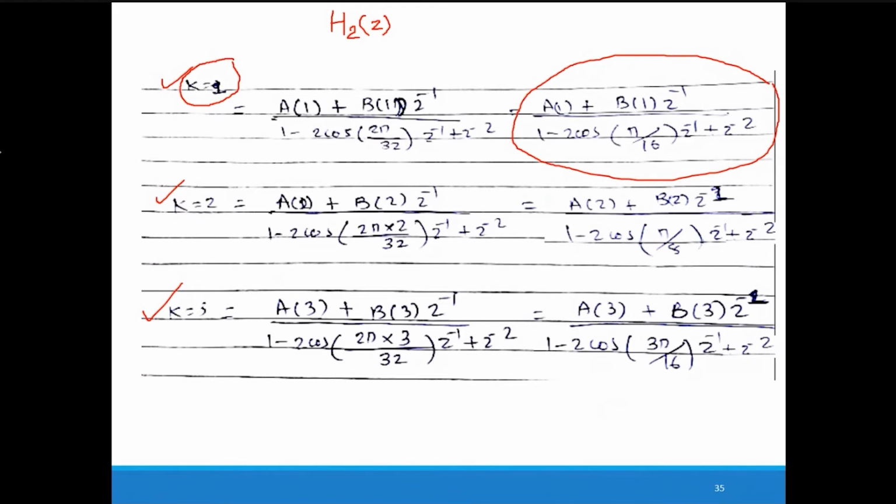So here we are doing the cascading of H1(z), which we already calculated, and this H2(z). H2(z) is nothing but this particular parallel filter bank. Please note down this also. Then we go for the designing of the structure. As few of you commented, you have done it, so I go for the next slide.